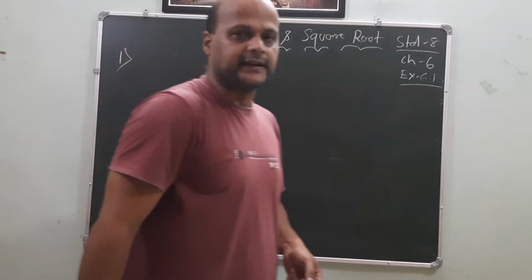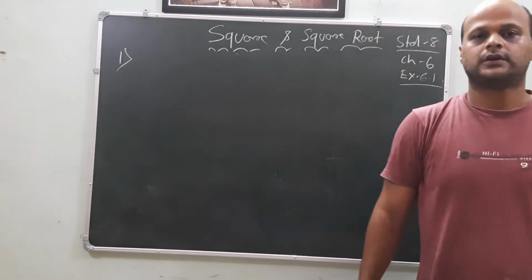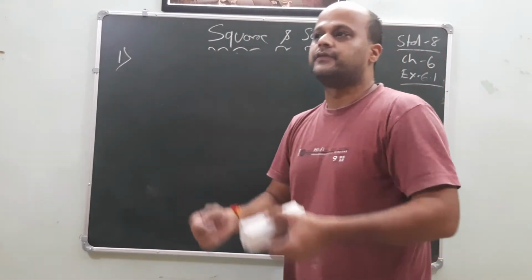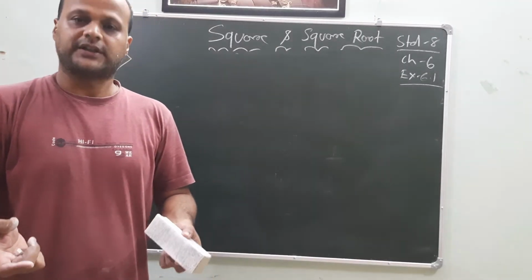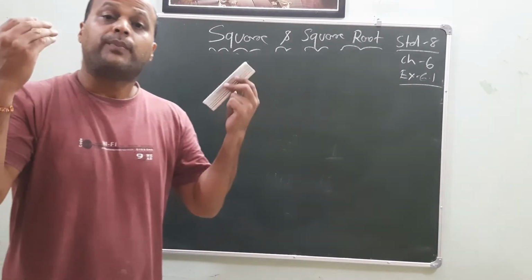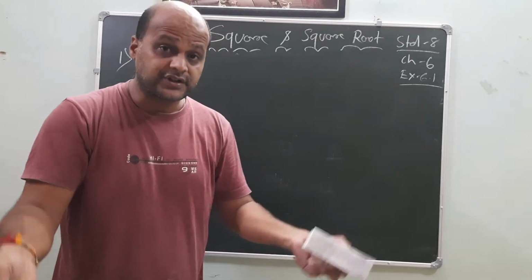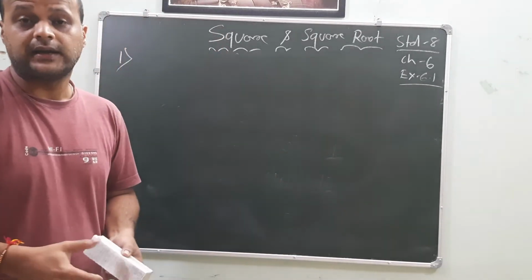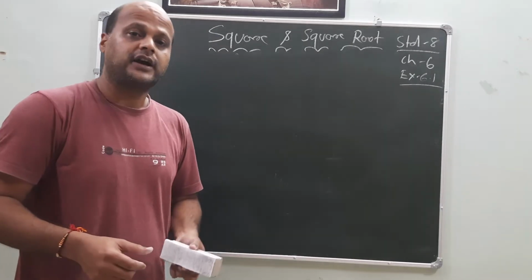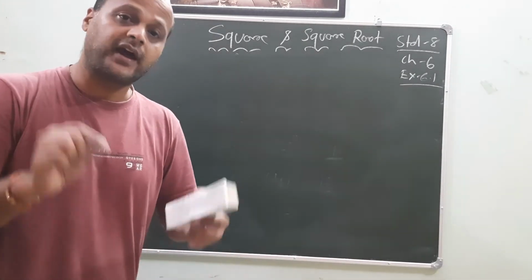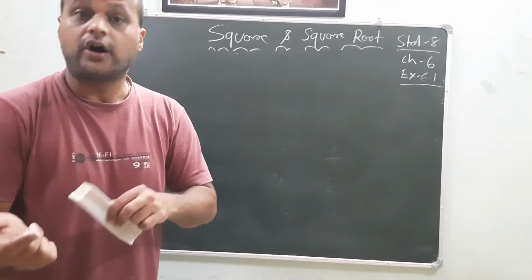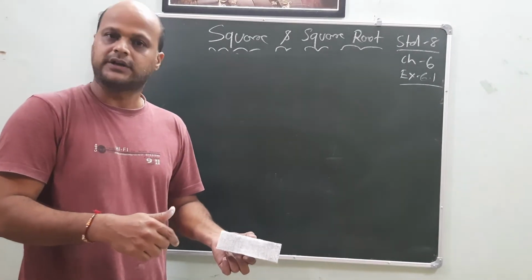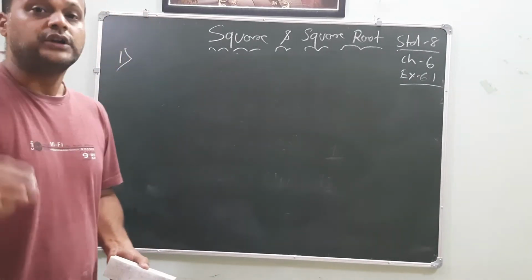There is a rule. What is the rule? If a number is given, by the visualizing method, by observation, by seeing with the naked eye, how will we find out that the number is a square number? The number is either a square of some number, or it isn't. So how? There is a rule.